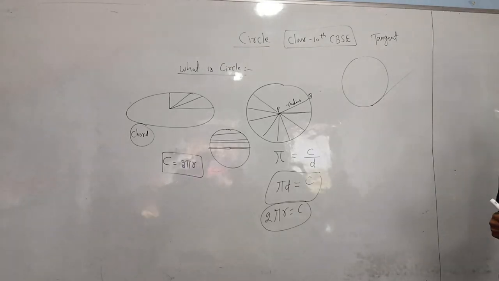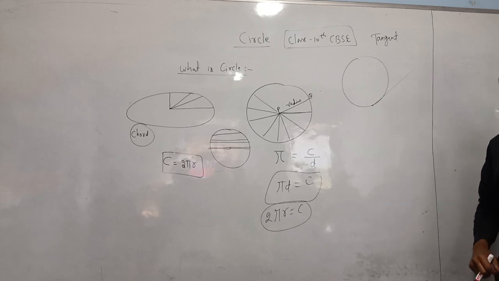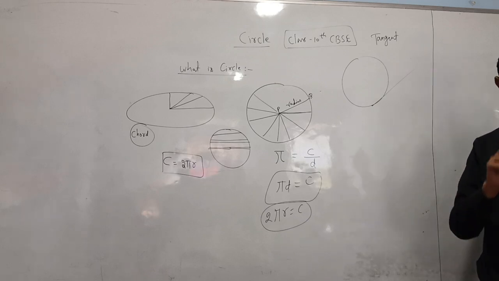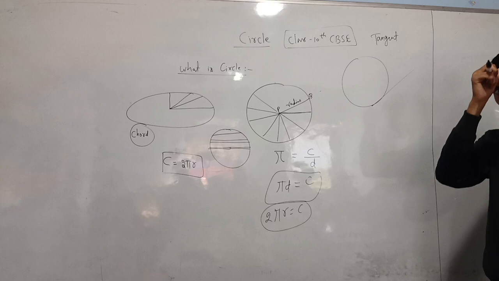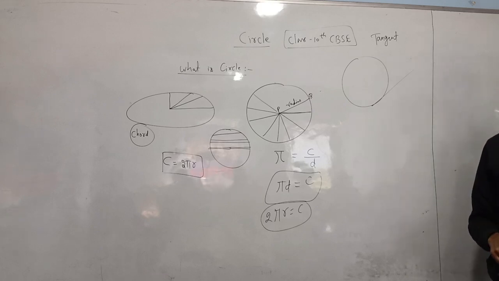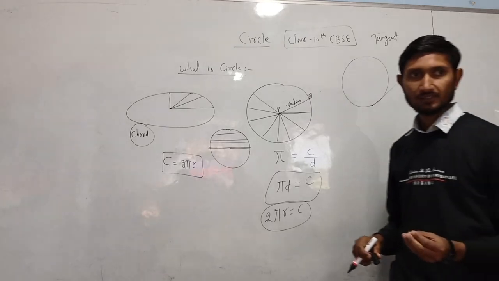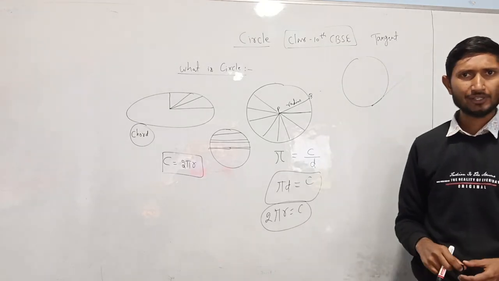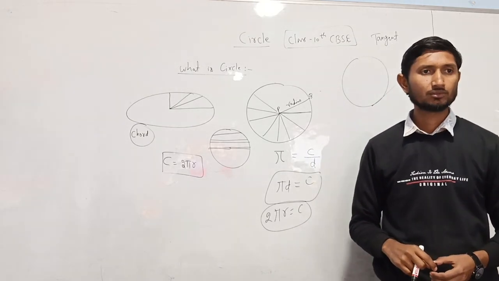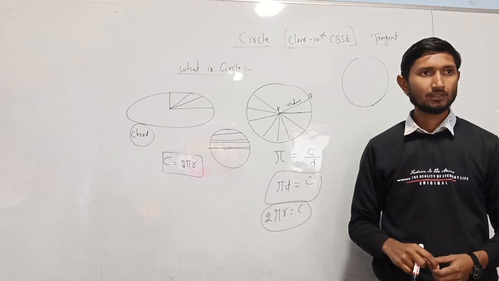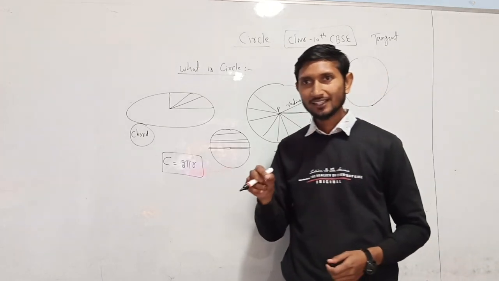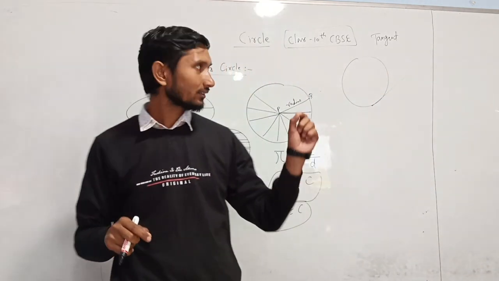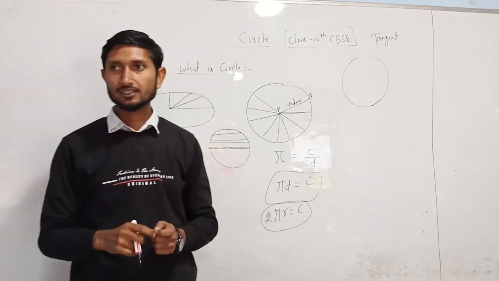Tangent of a circle. Okay. What is tangent? A line which touches the circle at one point only, and that point is called the point of contact. What is point of contact? That's a question in exercise 10.1 in your textbook. The point where the circle and the tangent line meet is called